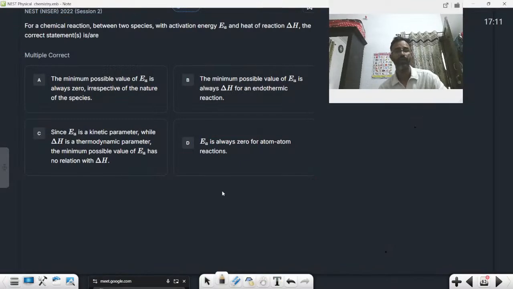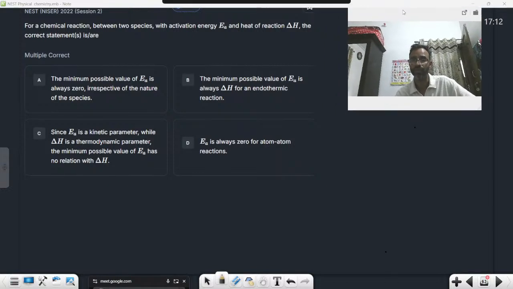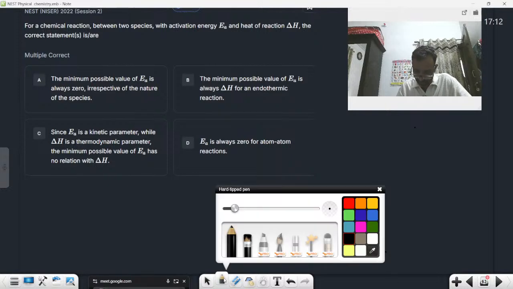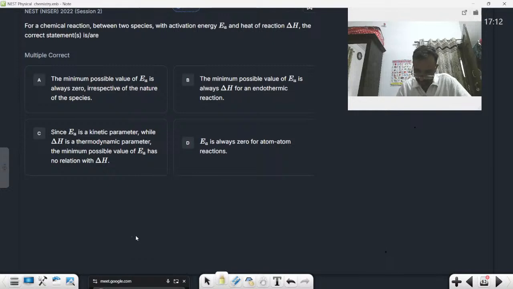Okay, the question is: for a chemical reaction between two species with activation energy EA and heat of reaction, that is delta H, the correct statement is. So you know that when we write this potential energy diagram for the reaction,